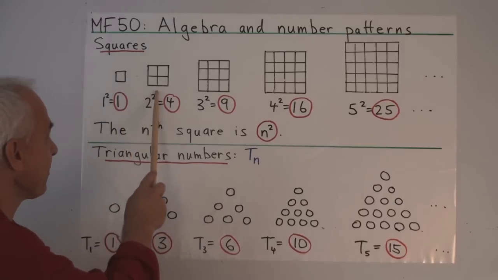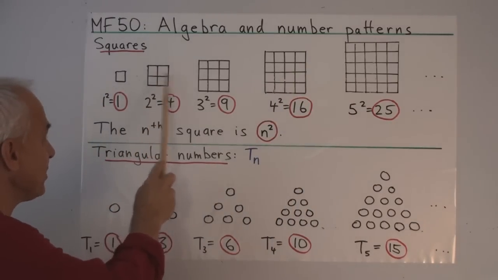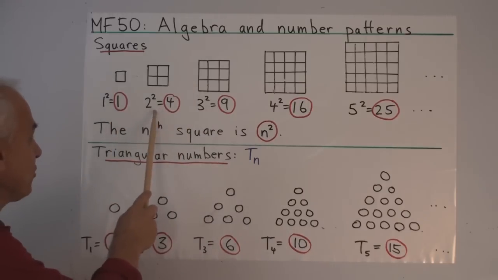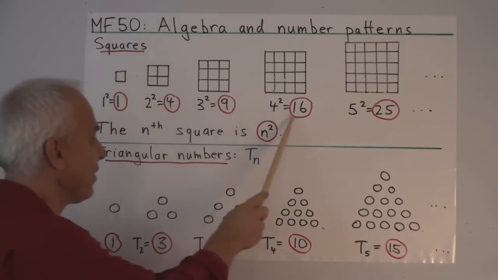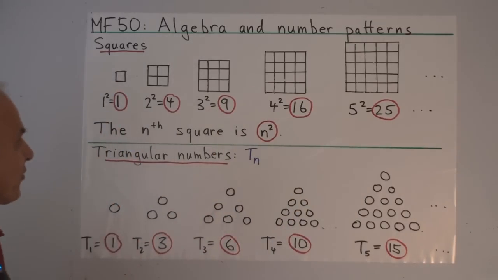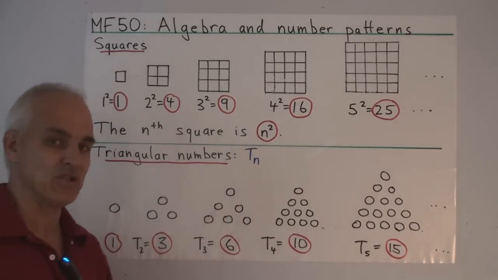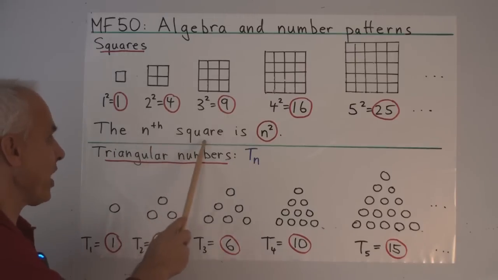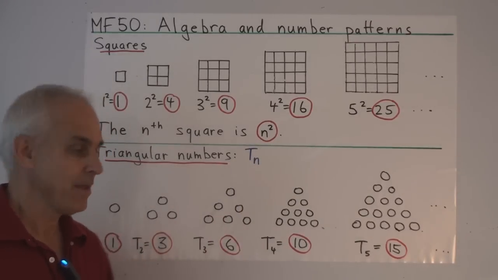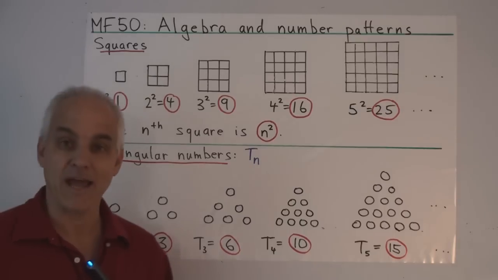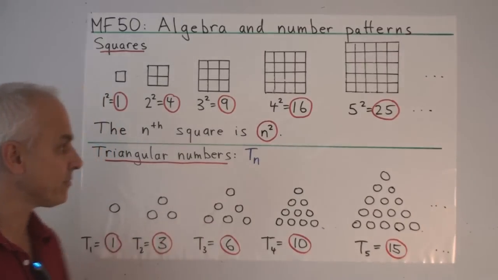Here are the squares. These are actually literally geometrical squares, and we're counting the areas of these squares. 1 squared equals 1, 2 squared equals 4, 3 squared equals 9, and so on. These numbers are important numbers in mathematics. They're called the squares. And we can represent them algebraically by the use of the term n squared. So the nth square is n squared, which I remind you means n times n. Here the letter n is representing a natural number. In other words, 1, 2, 3, 4, and so on.